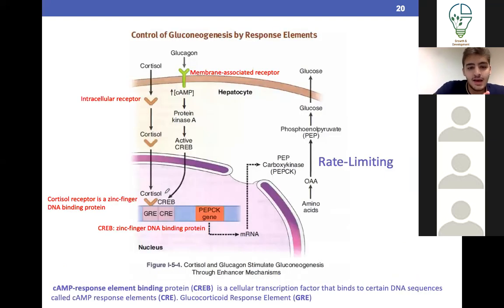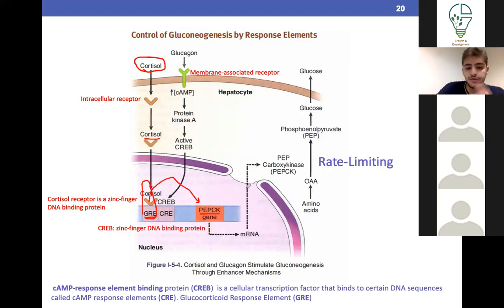This is a real life example of how enhancers are important. Now, let's quickly overview it. Let's talk about cortisol. Cortisol is a lipid soluble chemical, so it's hydrophobic and can enter through the phospholipid membrane. When it enters, it binds to this enhancer called GRE. And as we said, enhancers increase the rate of transcription. So cortisol here acts as a specific transcription factor. It will go ahead and increase the rate of transcription of